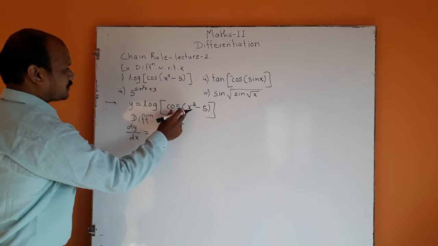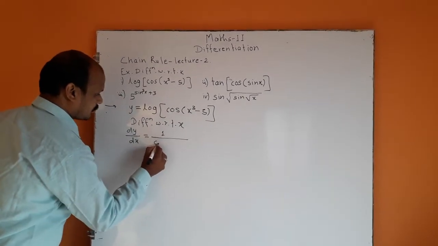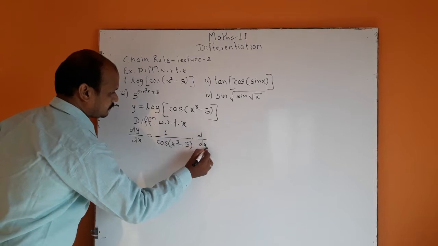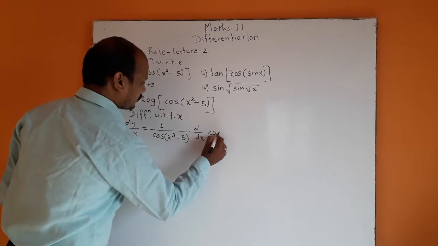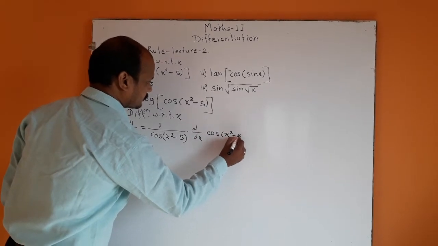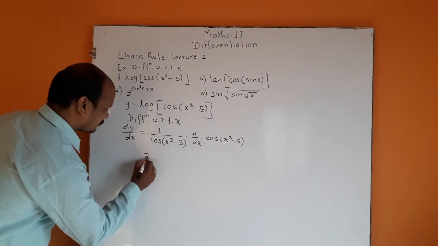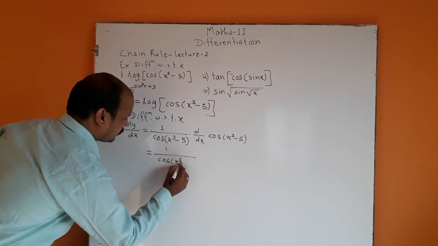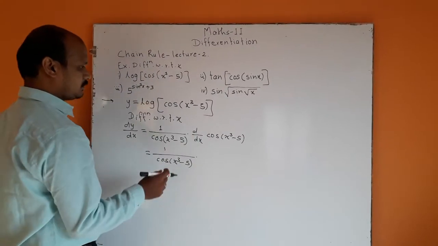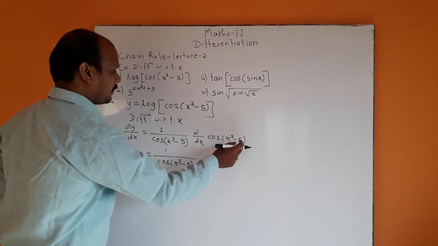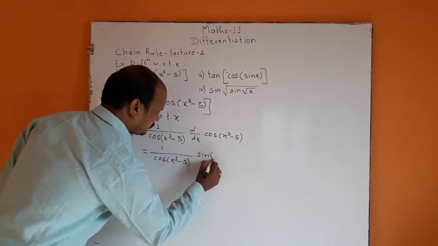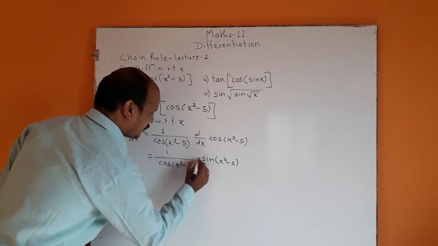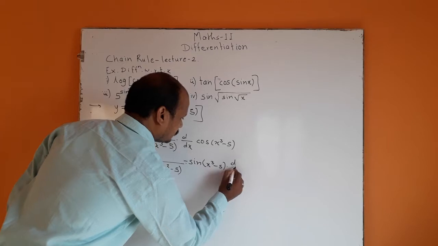is equal to, here cos of x cube minus 5, 1 upon cos x cube minus 5 into d by dx of cos of x cube minus 5, is equal to 1 upon cos x cube minus 5, derivative of cos of x cube minus 5, minus sin of x cube minus 5 into derivative of x cube minus 5, that is minus sin of x cube minus 5 into d by dx of